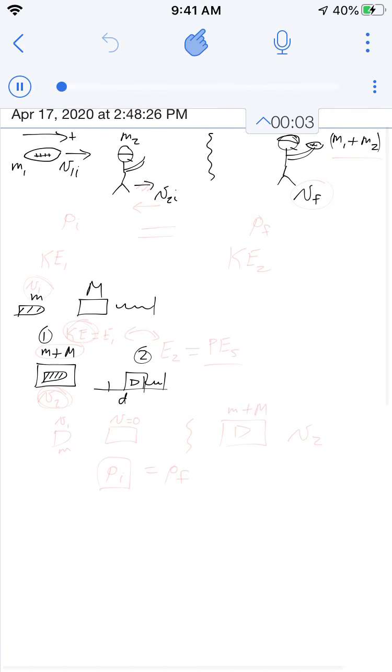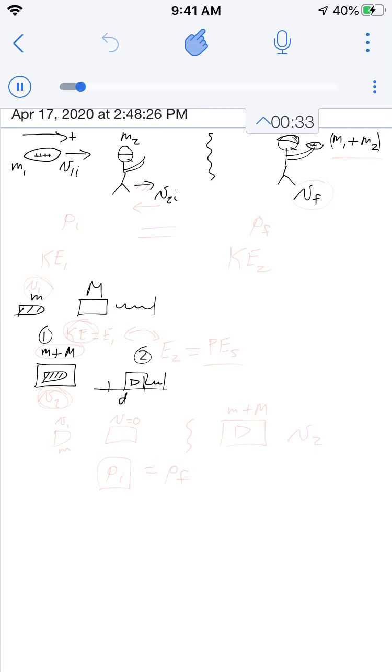Questions 3 and 4 on the momentum homework both involve inelastic collisions and then questions that have to do with energy. If we look at question 3, it's about a football player catching a football. This may not seem like a collision, but we have two objects that are moving at different velocities before something happens, which is the catch,